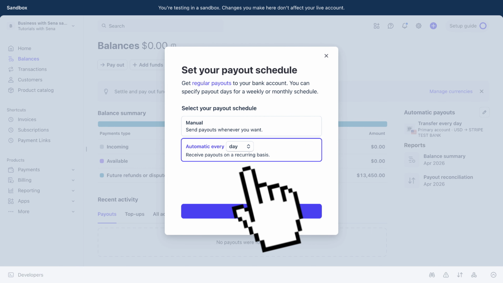You may then set the payout to be sent on daily basis by choosing on Day option right here. This way, you may get the payout daily on Stripe and get paid every day, every time there is enough funds in your Stripe account to transfer to your linked bank account without requiring you to manually request